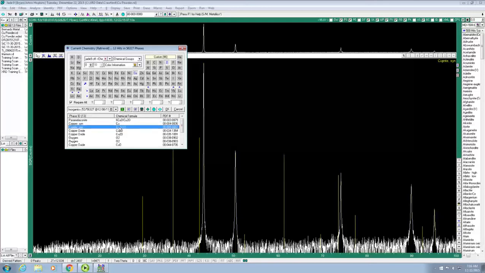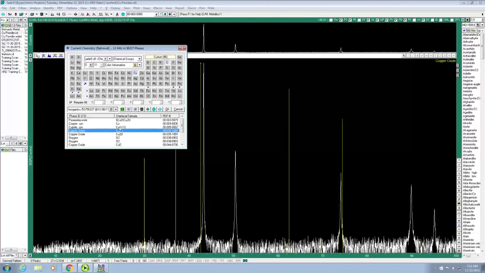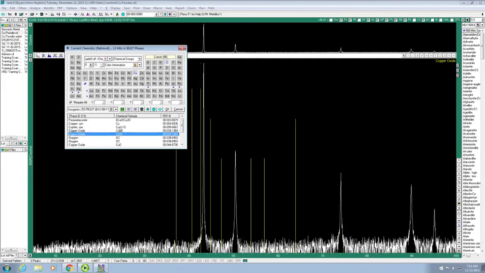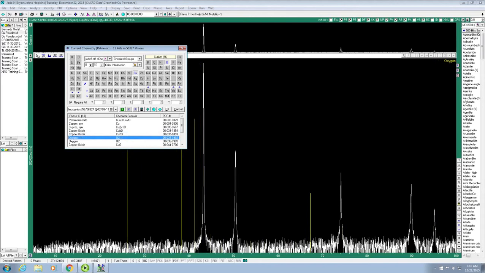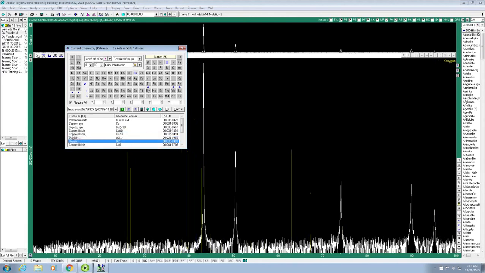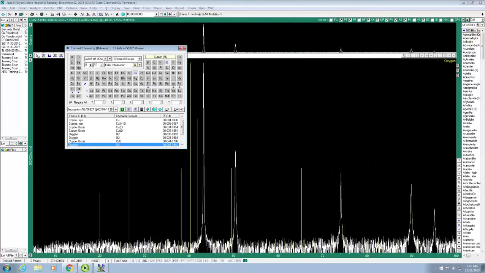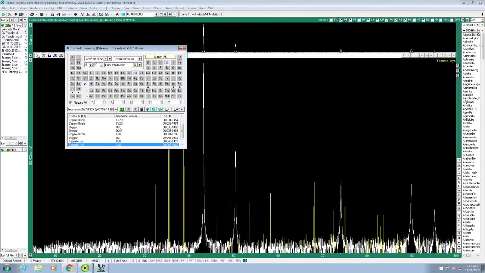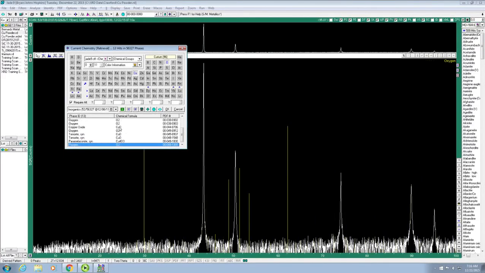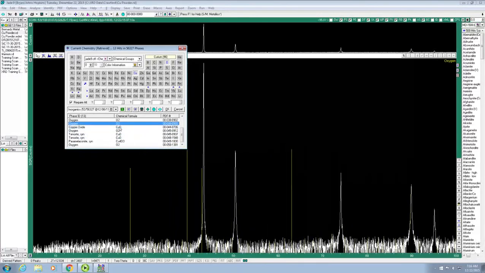The other element that I thought might exist would be the oxide, some type of copper oxide. So we can continue by pressing the down arrow to see if these peaks also line up with any of the data that we have collected. Notice that as I go through here, I'm not seeing any alignment other than just pure copper. And now I've reached the end of our database for copper oxide